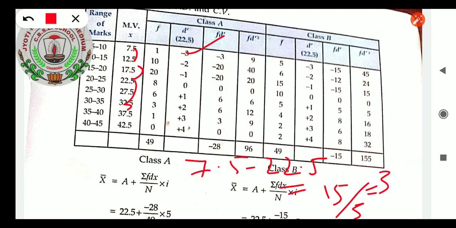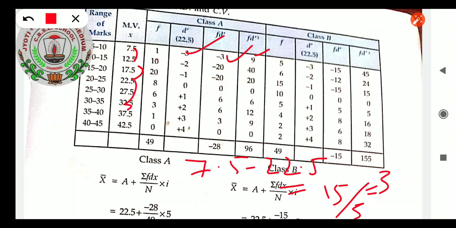Now you got how I got d dash. Now finally we will do fd dash, and then d square. 3 threes are 9, 9 into 1, 9. So now you got fd square. This way, students, you have to calculate, the same as we were doing earlier, for the same table, the two groups, all the columns. Sum of fd, it is not calculated here, but we have to calculate it.